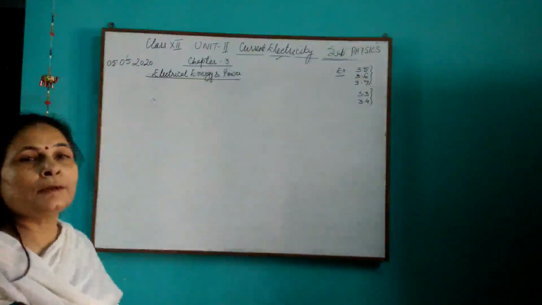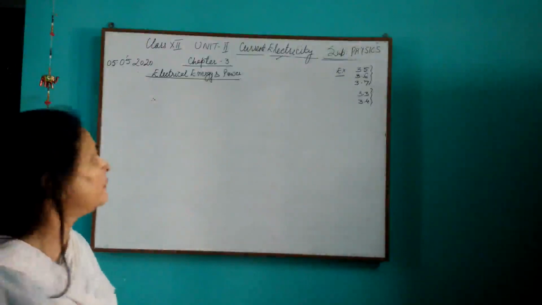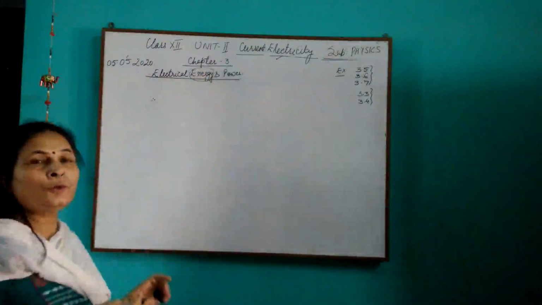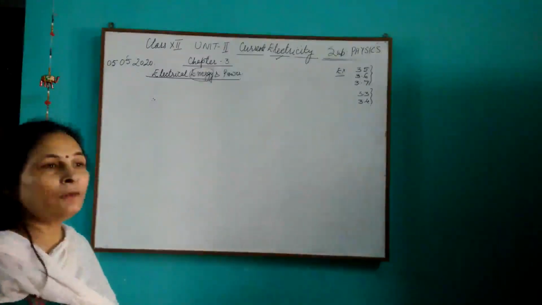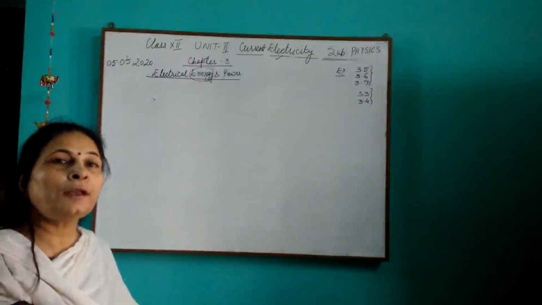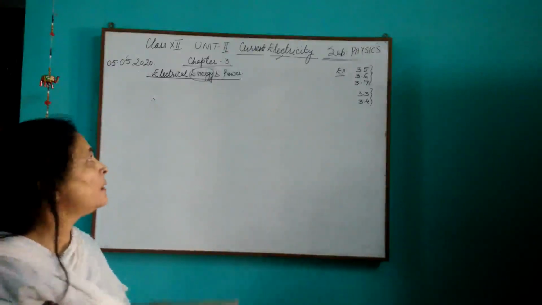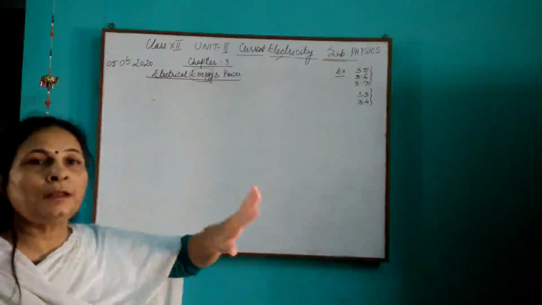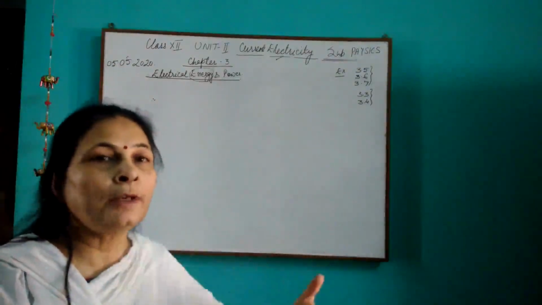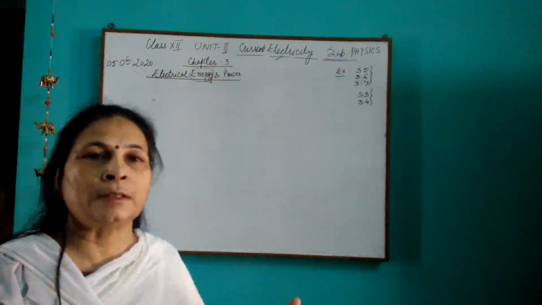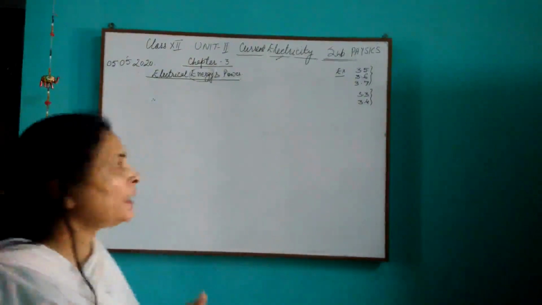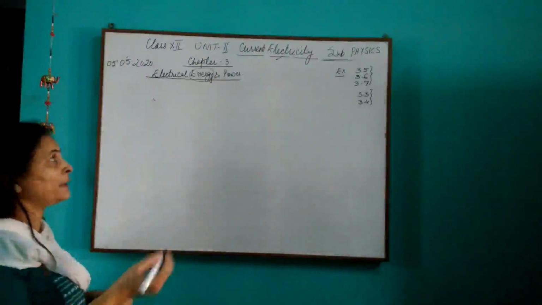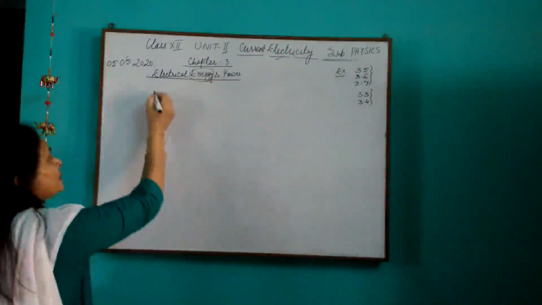Now we talk about electrical energy and power. See, as far as the energy is concerned, I have always been telling you that whenever we talk about energy, we have to find out the work done. Now, since here we are talking about electrical energy, we'll have to take the formula which involves electrical physical quantities in the expression. Like for work done in mechanics, we have got force into displacement. Here we will not be using that, but we will be using this expression.